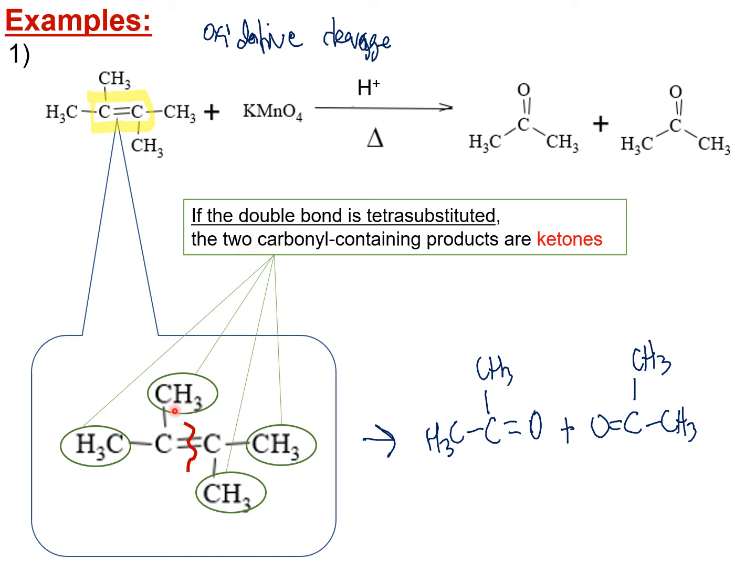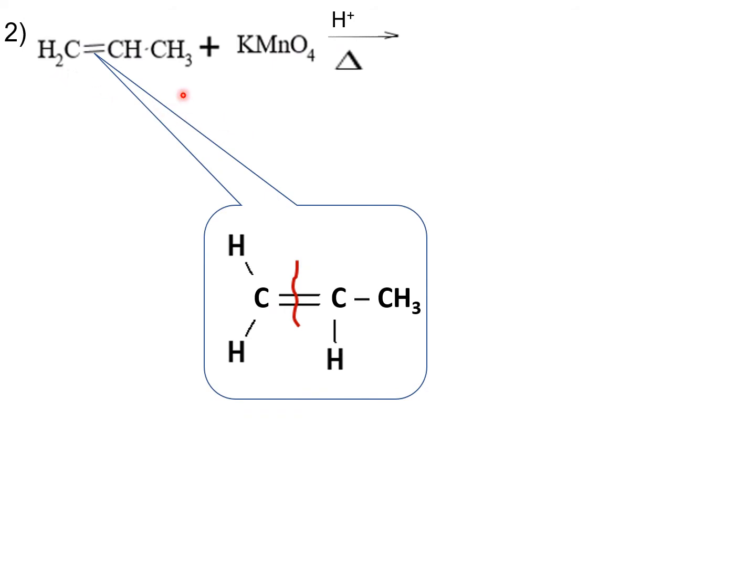Because this is a tetra substituted carbon-carbon double bond. So that's why lah kita akan dapat dua ketone kat sini. You nak buat dalam bentuk macam ni boleh, dalam bentuk macam ni pun boleh. Asalkan you have to make sure produk yang you dapat tu betul lah. Okay. Next, if let's say you buat oxidative cleavage of alkene with